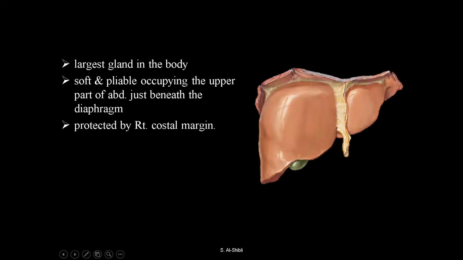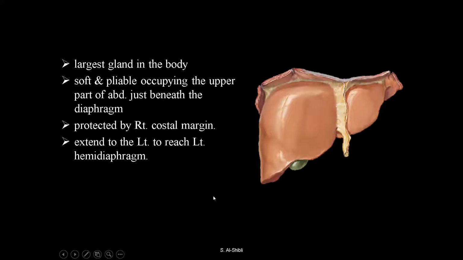And anything in our body which is so vital needs to be protected. This is a fact in the human body. Whenever you have valuable things, you need to protect them. If you have very expensive jewelry, you put it in a box. The brain is protected by the skull. The heart, lungs, and great vessels are protected by the thorax. Everything in our body which is so vital needs protection. The same goes for the liver, because it is very vital and highly vascular, so it needs to be protected mainly